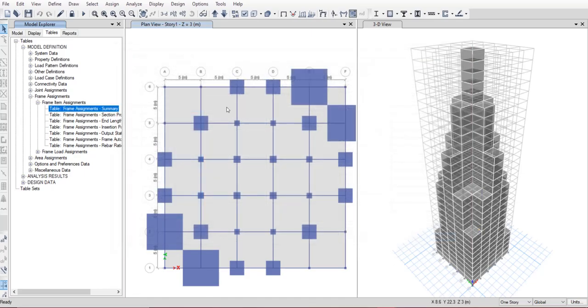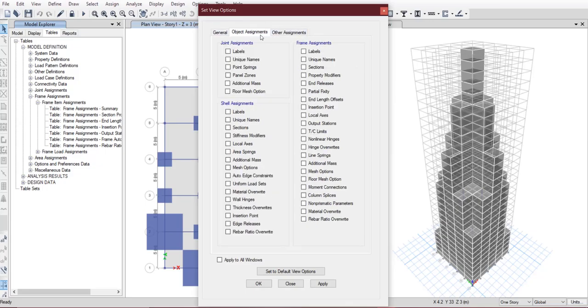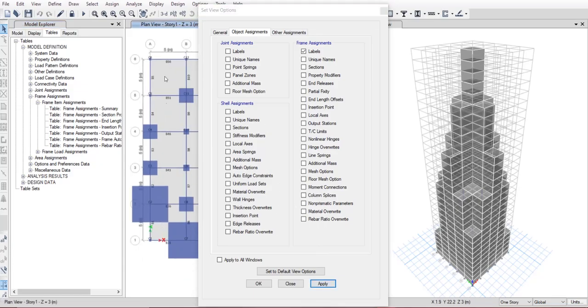In order to see which column is placed at which location, go to set display option, then object assignment, and then here select frame assignments, select labels and click on apply. Here you can see which column has which column number.